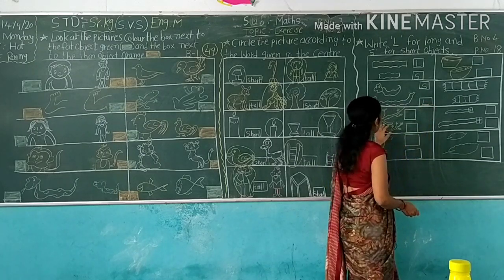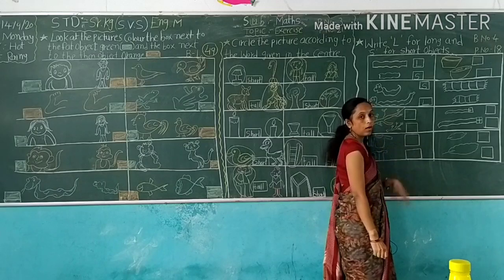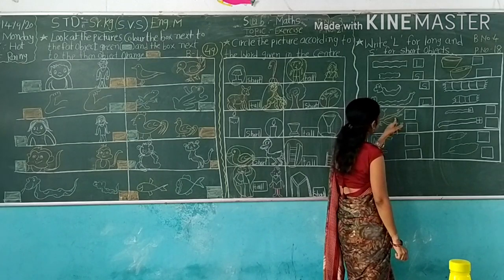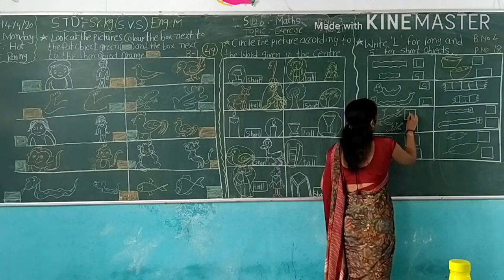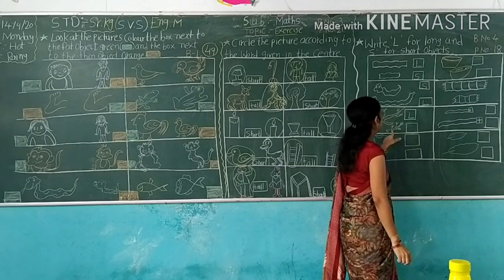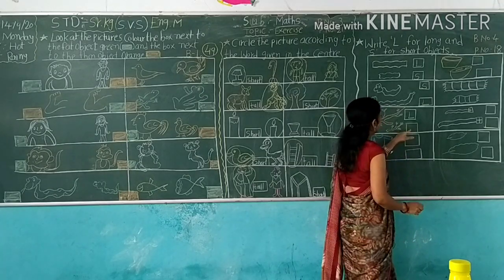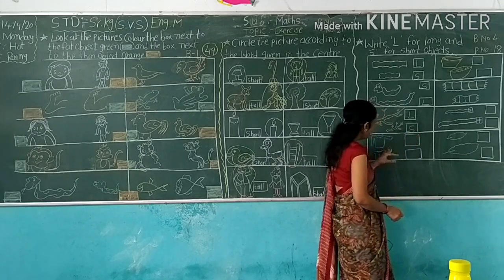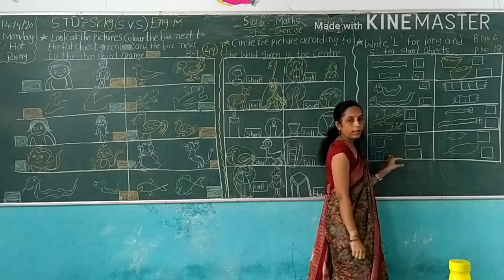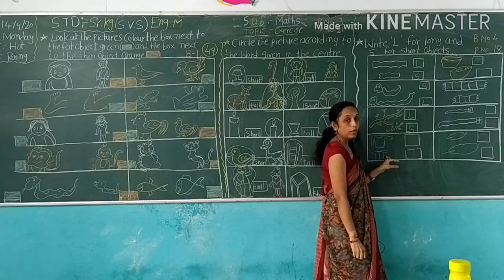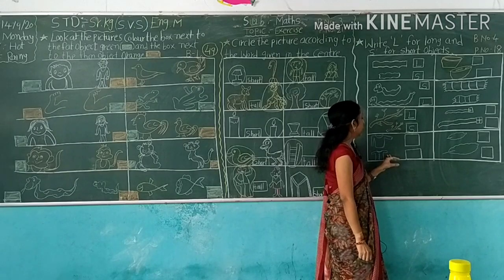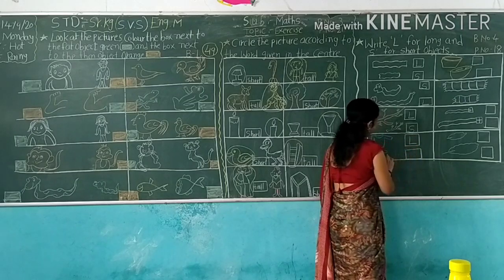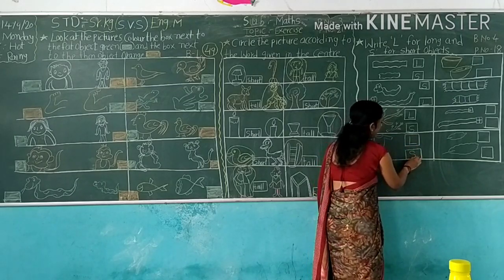Okay. Here I drawn two objects. Which object is long and which object is short? This? Yes, this object is long. So here we write L for long object. And this object is short. So here we write S for short. And look here, look this picture carefully. Which object is long and which object is short? This? No, this object is short and this object is long. So here we write L for long and here short object for S.